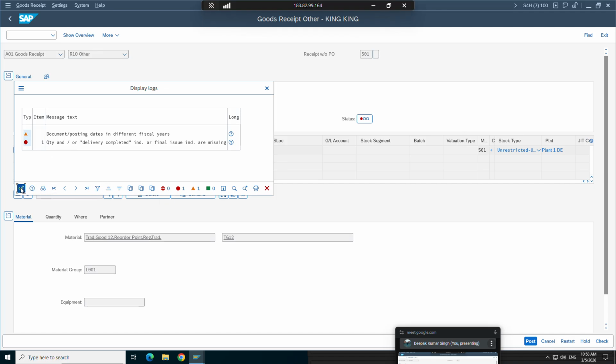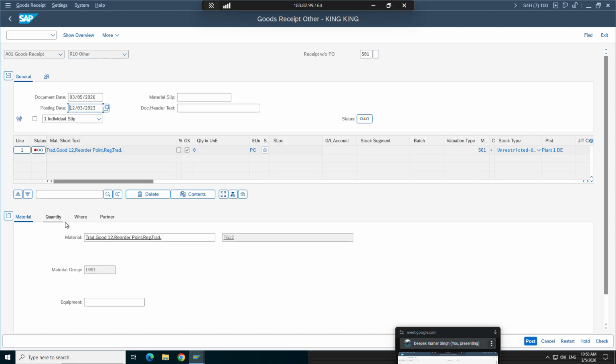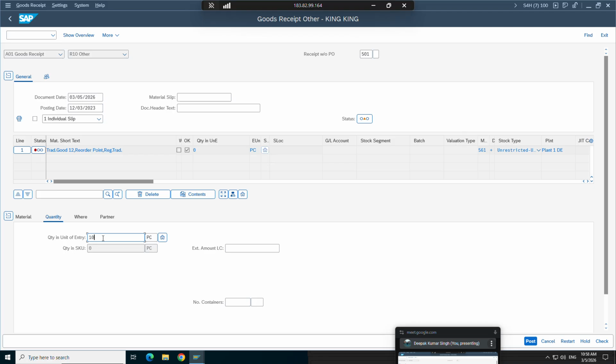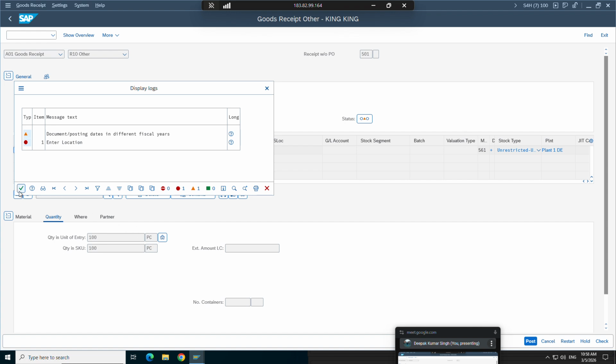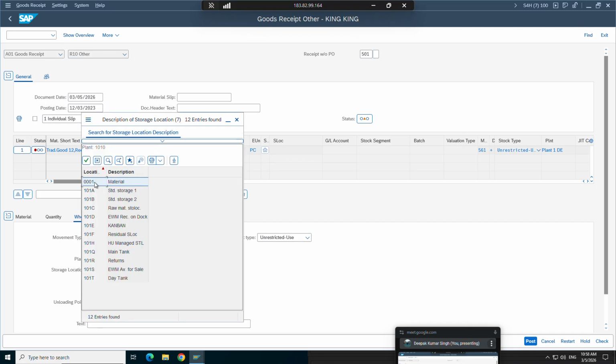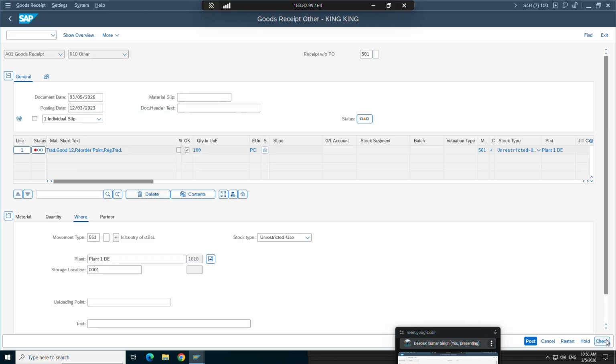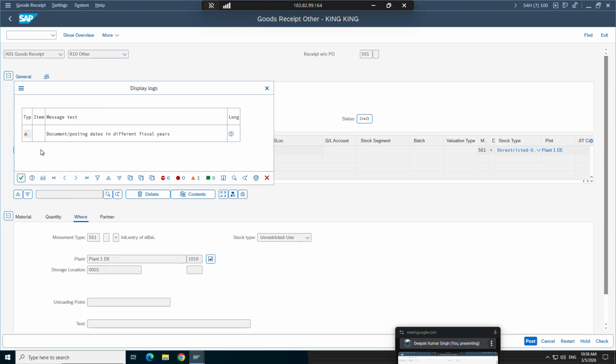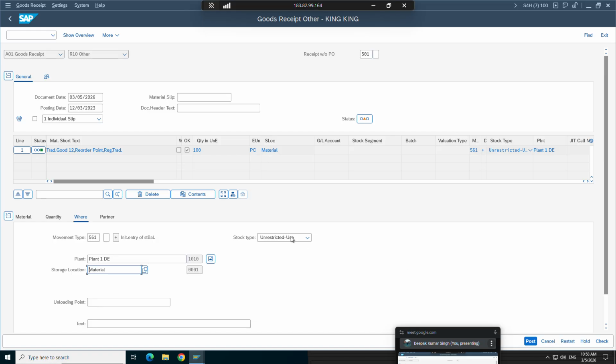Quantity is missing. Now see that the posting date error is gone. Some warning is there, let's ignore it. We are getting an error that I have not entered the quantity. It was blank. Let's put 100 pieces. Click on check. It is asking me for some location. Fine, we'll put some location as well. Let's say 001. So now there is no error, only a warning. You see. So now I can post it. But before posting,